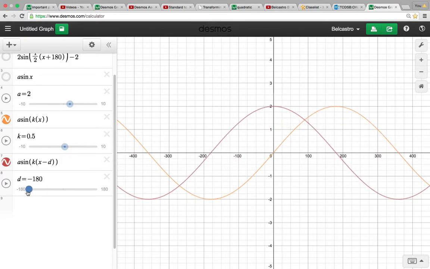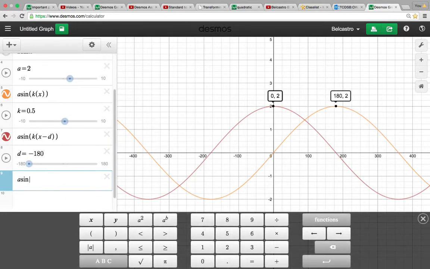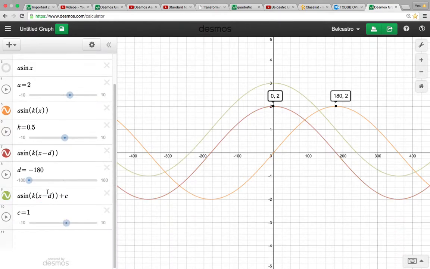And when we shift it all the way to negative 180, we've now moved it over from our peak at 180 here to a peak at 180 here. We've moved it 180 degrees. Okay, so the x value has changed to 180 degrees. And then finally, the last one is sine k x minus d plus c. And the c value was -2, so as we move it down to -2,